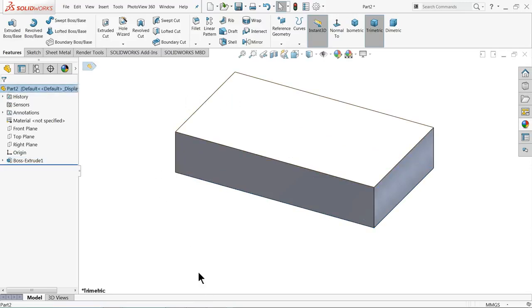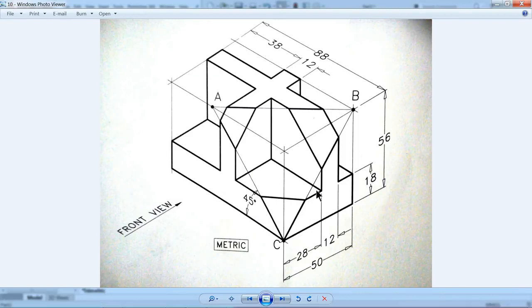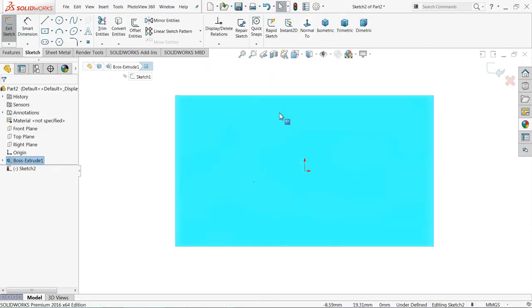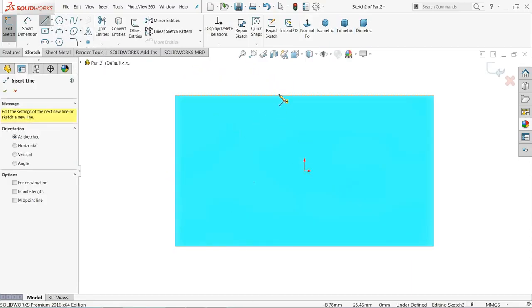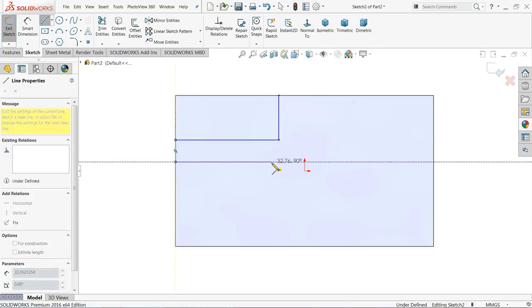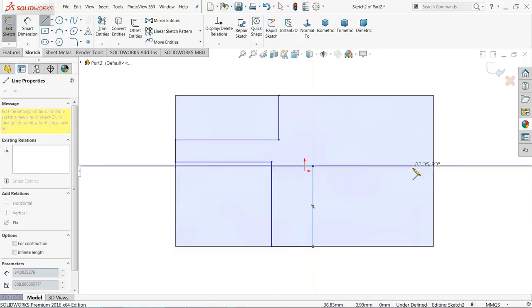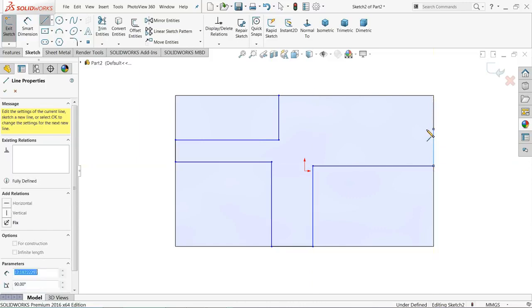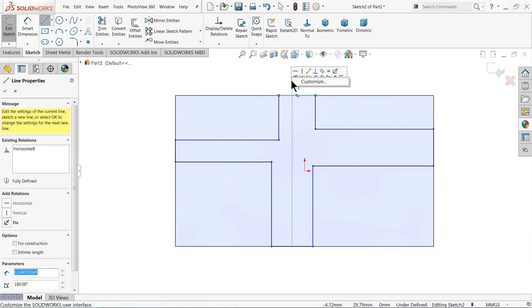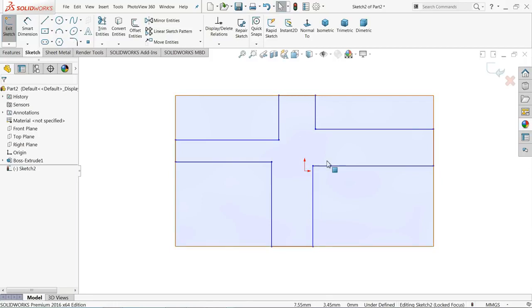Okay. Now what next? And then later we will make this cross shape. Then we will define this cutout. So select this face, sketch normal, and here we will make our cross section. So I will start with line. Keep geometry closed. Keep all the lines horizontal and vertical. Close. Now all the lines created.